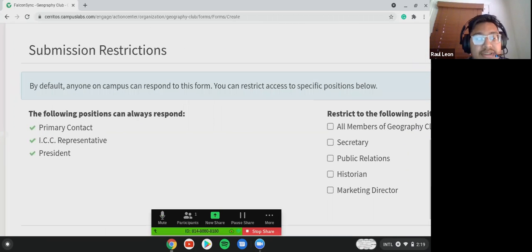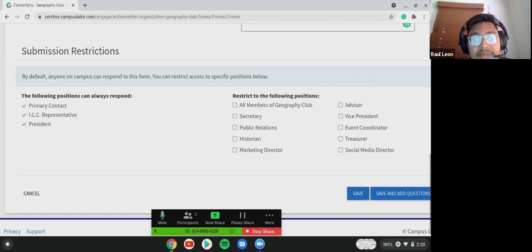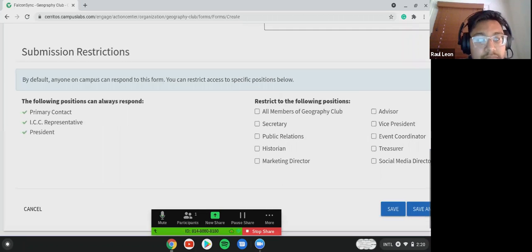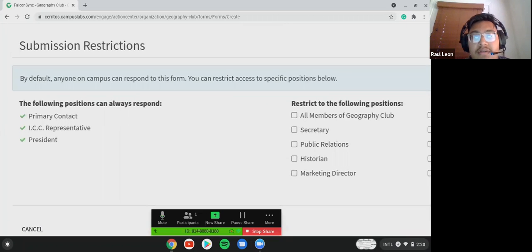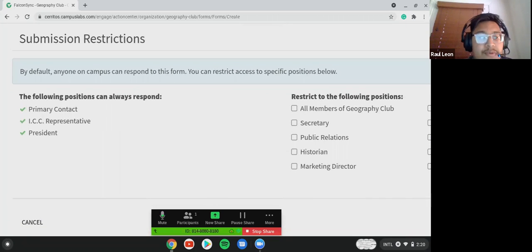Submission restrictions. Now you can see who can submit or respond to the submissions. Anybody can respond to this form, but you can restrict who you do not want to fill out this form.